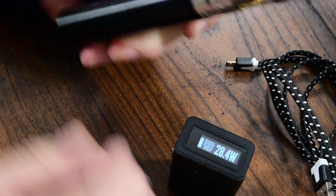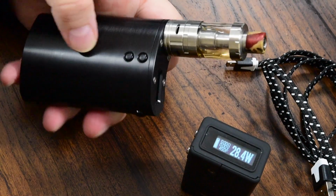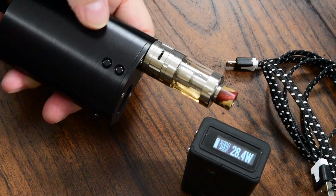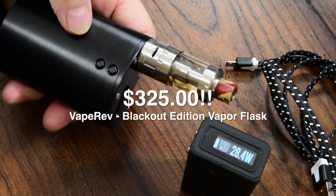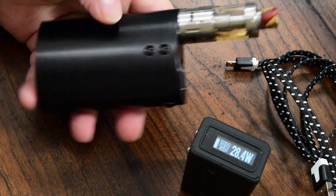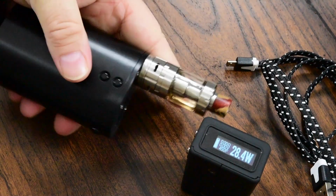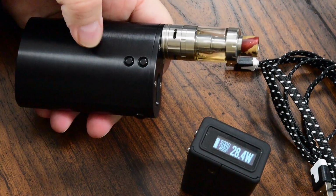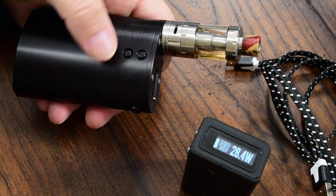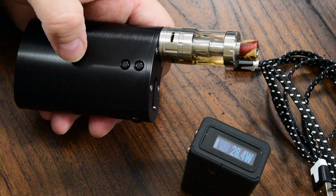And this unit is brand new. We purchased this from VapeRev. And okay, hold your breath. We paid $325 for this guy, and I gotta tell you, it's a nice device. It really is made with high grade aluminum, stainless steel, floating pins, temperature control, preheating, all the doodads,